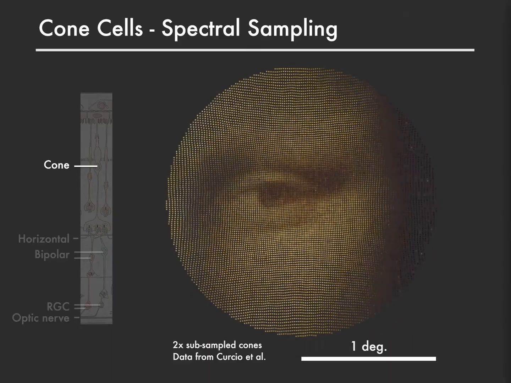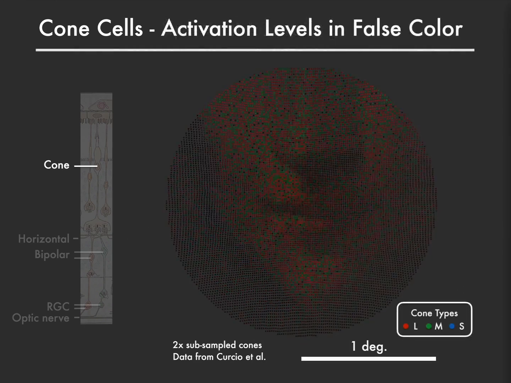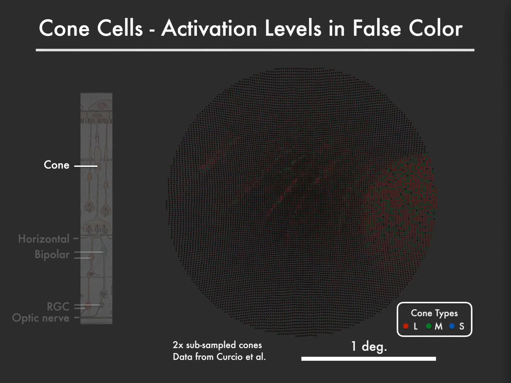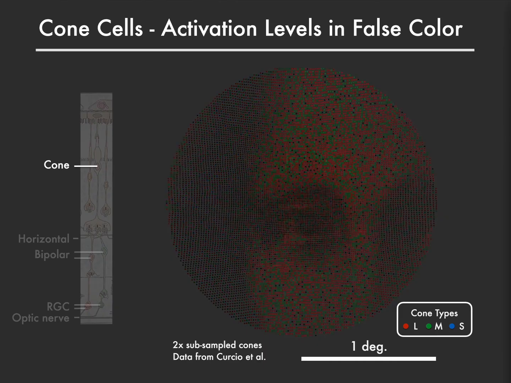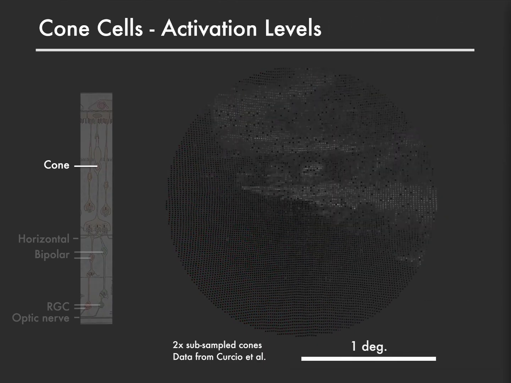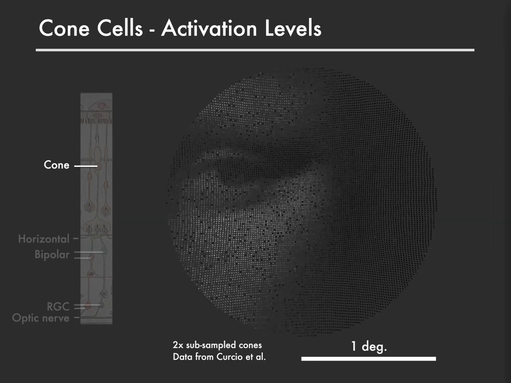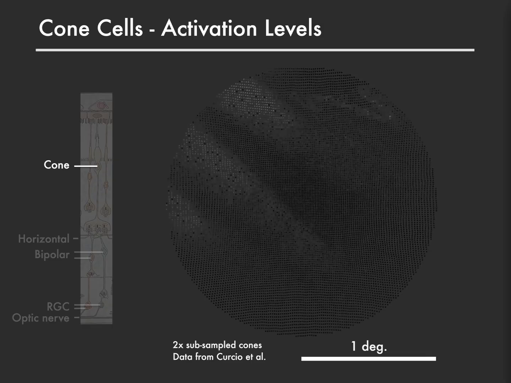Humans with trichromatic retina have 3 types of cone cells, as you see here. But this visualization is in false color. The actual signal that comes out of each cone cell is not color-coded, but rather a scalar value, as you see in this animation. The retinal process does not stop here, and to model the effect of lateral inhibition via horizontal cell connections, we apply a well-established difference of Gaussians kernel.